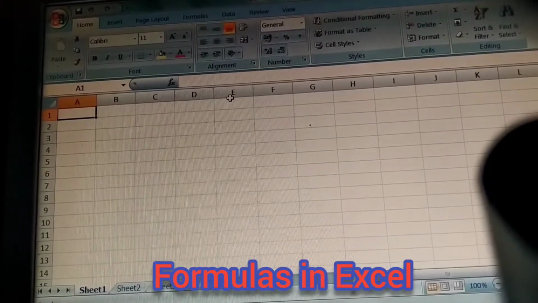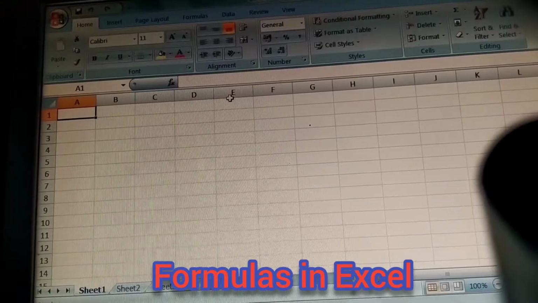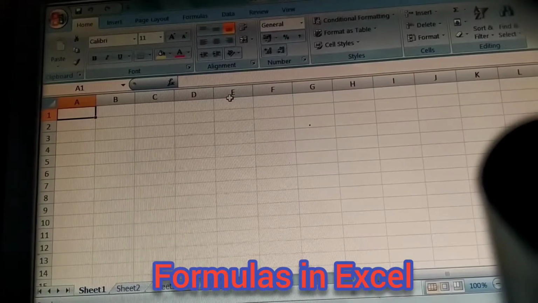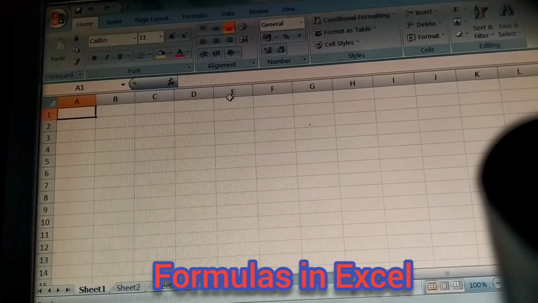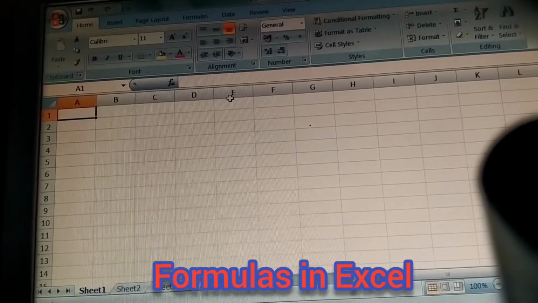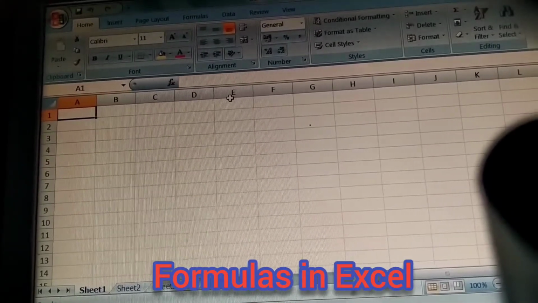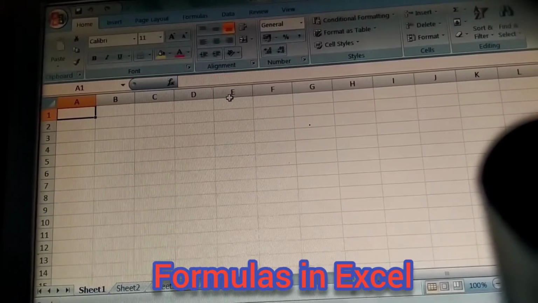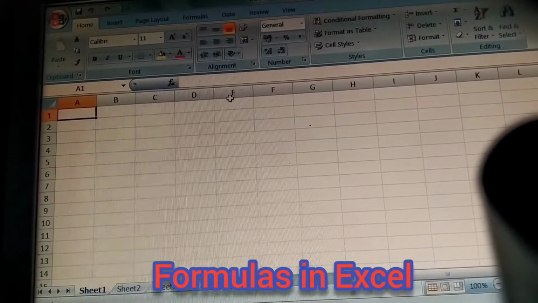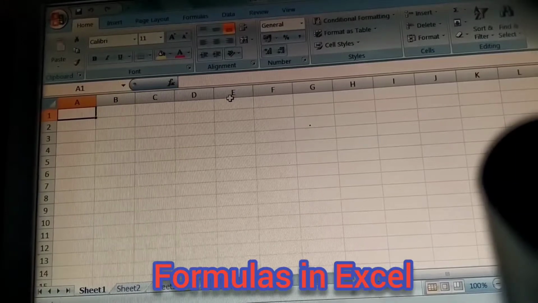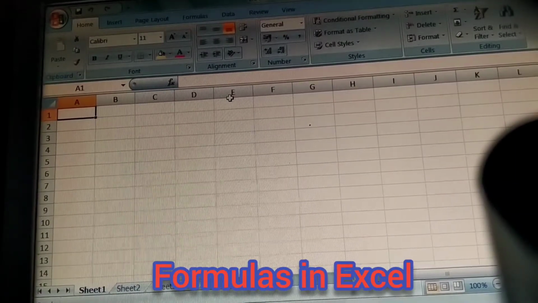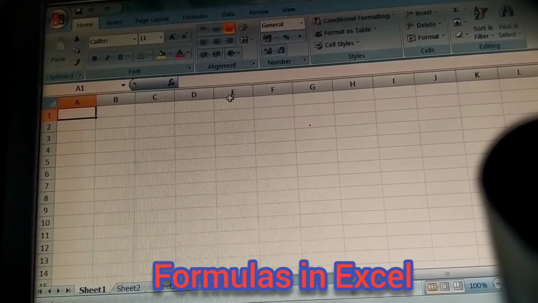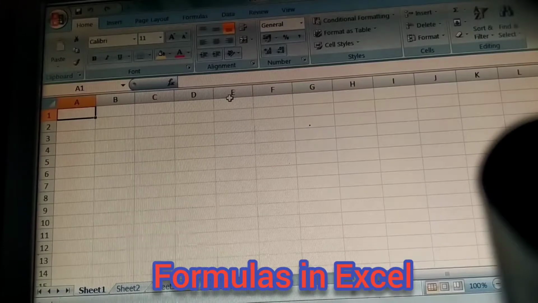Now, creating a simple formula. How to create a formula? Whatever mathematical operations and symbols we use in our math subject, the same symbols we can use in the Excel sheet also. First is plus, minus, for multiplication we use star. Then the division symbol, exponential operator, percentage operator. Many types of symbols we can use in that. Next is how we do the calculation through the enter key.